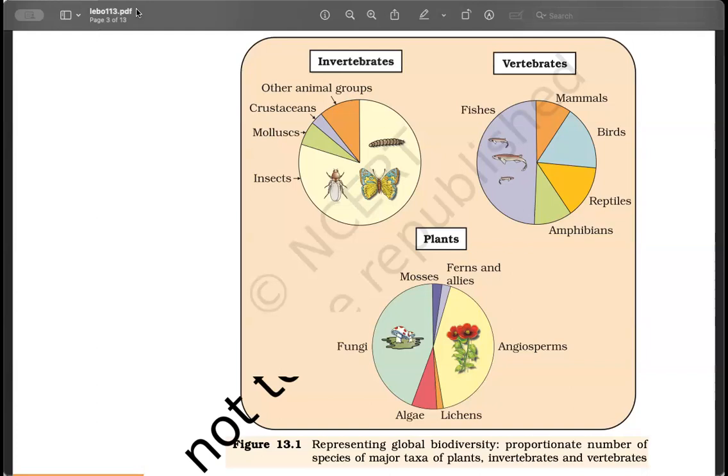Okay, and this also kind of tells you that life evolved first in the water and then it came to land. So fish have been around for very long, of course more than some of the mammals or birds or reptiles or amphibians that are dependent on land as well, right? And fungi, we all know it's neither a plant nor an animal, but this graph just puts it in that pie chart to give you a context.